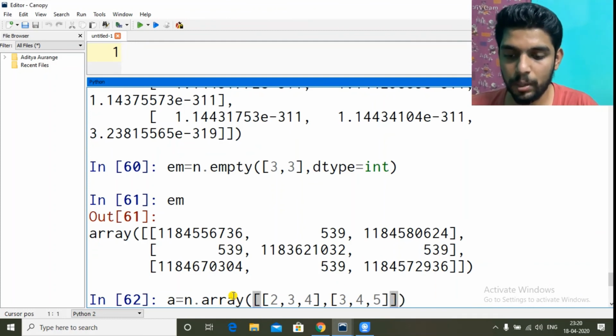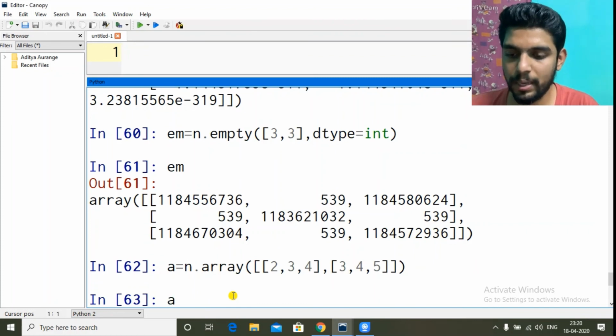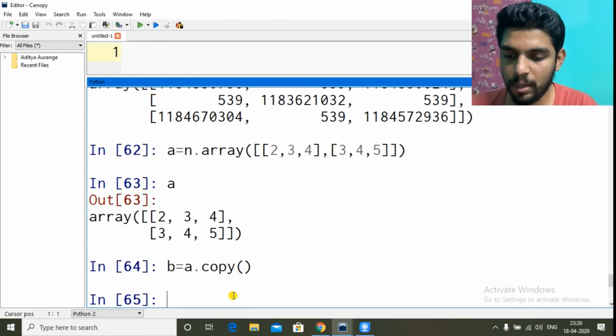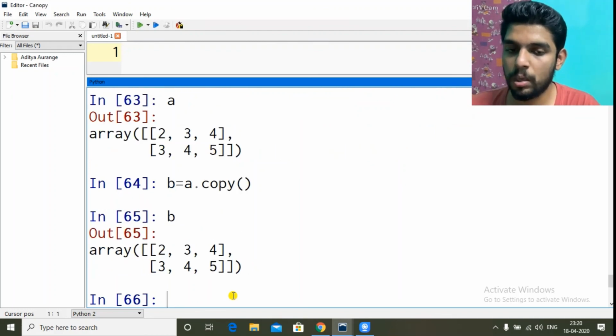So I'm creating a 2D list, 2D array. So A is this. Now we can create another copy of A as B equal to A.copy. I think we have to give the round brackets. So now B is also a copy of A.